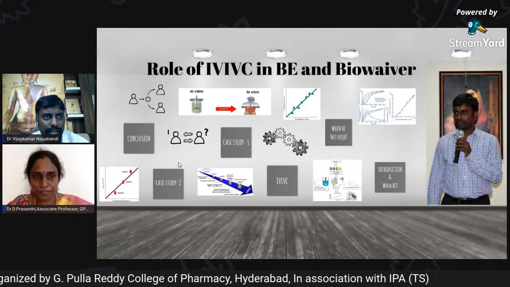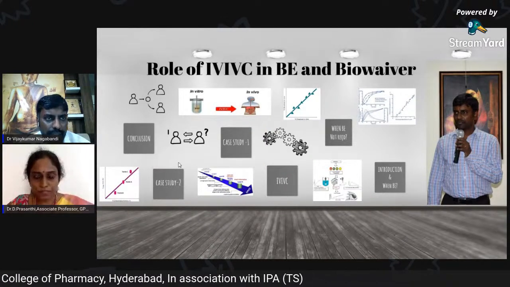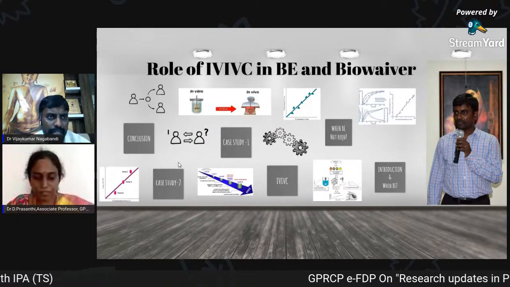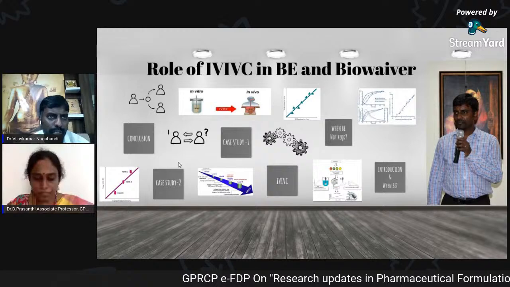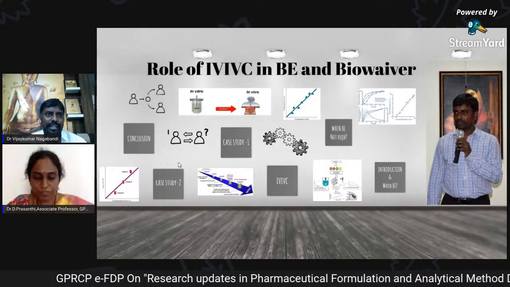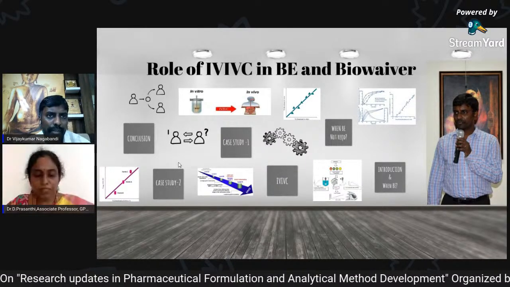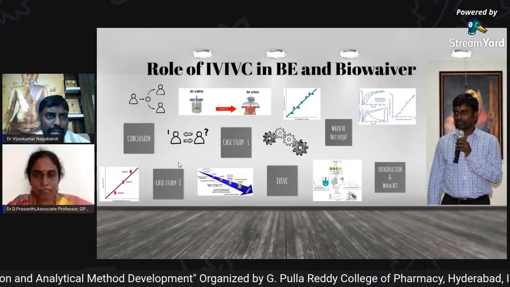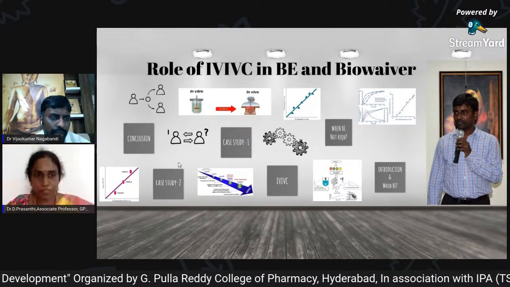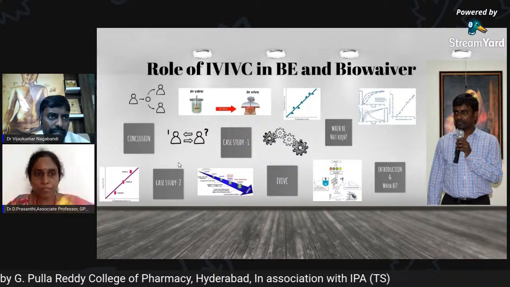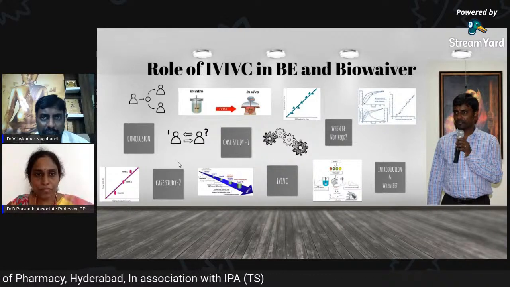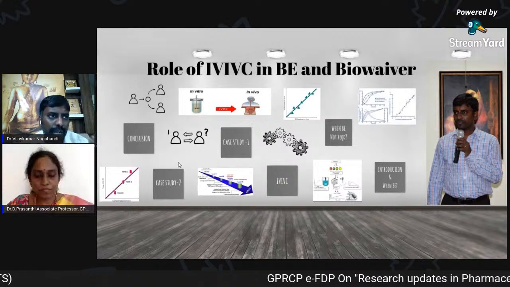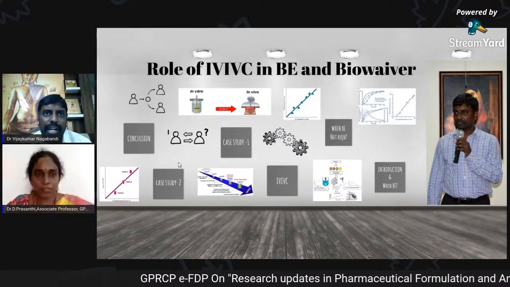For example, if we have 5 strengths and all the 5 strengths are dose proportional or pseudo dose proportional, there is a difference. Dose proportional is nothing but a proportional quantity of blend will be used for the compression. Pseudo dose proportional is nothing but we'll be having the same weight tablet to tablet. For example, one strength has a total weight of 200 mg, another strength total weight is also 200 mg, but the dose is very less, 200 micrograms in one, and another one has 100 micrograms.